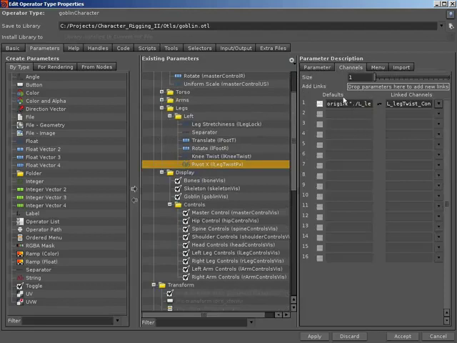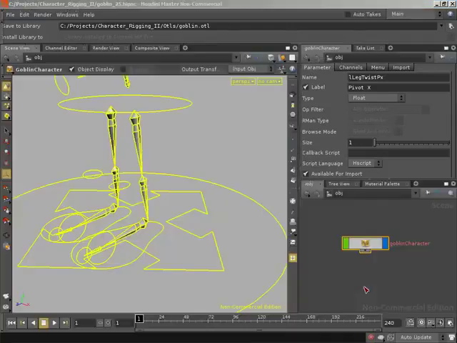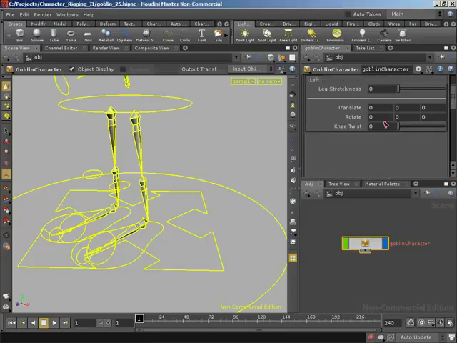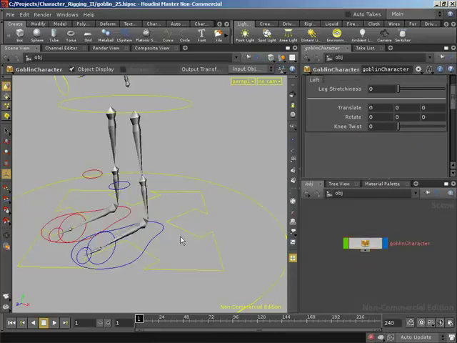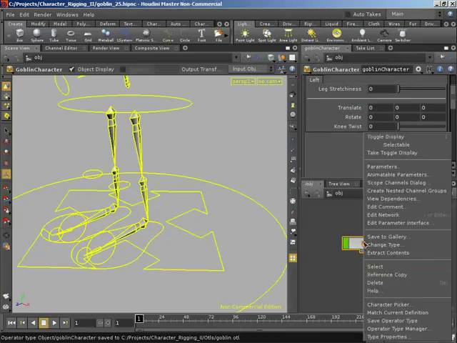If we gave it to an animator and the animator dropped in an instance of this asset, I need for that value to come in on that instance of the asset for this to work correctly. So I have changed that default value so that it's using dot slash and not dot dot slash. So if we take that, we can now make that parameter invisible if we accept and OK. The animator never need worry about that parameter, but you'll notice if I save our operator type and match current definition,